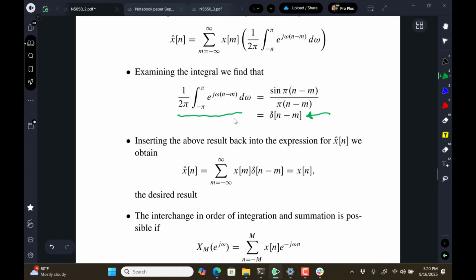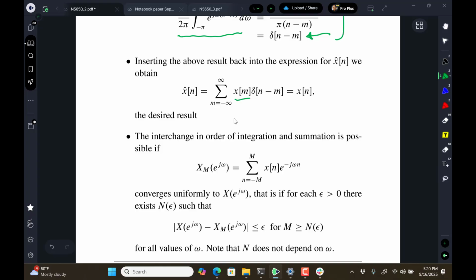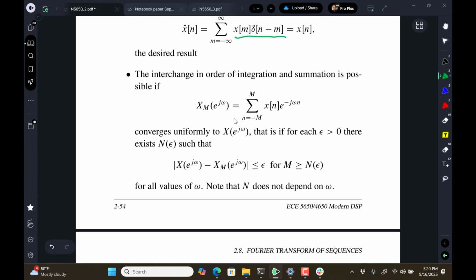And if we put that delta function inside this term up above here now, so it goes up there, and it's plugged right in here, and that delta function then sifts out x of n. So we get the desired result. We've gotten the proof that inverse Fourier transforming gets you back to the sequence perfectly, provided you can interchange order of integration and summation. And this is an advanced calculus kind of problem, which